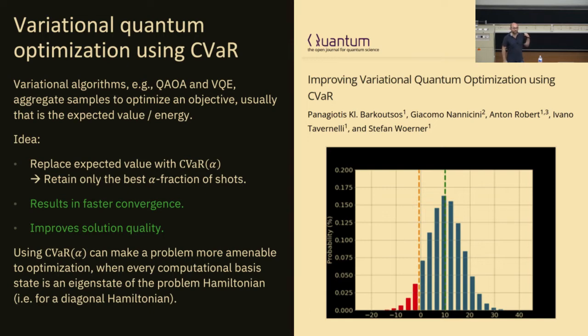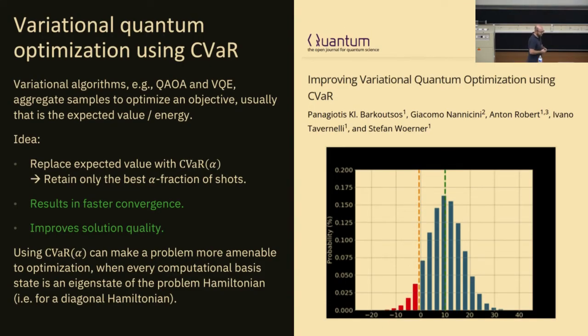Since this is a classical optimization problem, our Hamiltonian is diagonal, every computational basis state is an eigenstate. So every single shot, if it's better than what we've seen before, that's all we want. So we don't need to average at all in principle. We could just always take the best shot. The problem is, if you sample 1,000 times and you take the best shot and you use this as an objective, this is an extremely noisy objective because it can have lots of fluctuations due to this taking the minimum over a set. So what we propose here is we don't take all samples, we don't take just the minimum, we take the best like 10% and average only those. This is introducing a bias to the good samples, but averaging out to remove some of the noise.